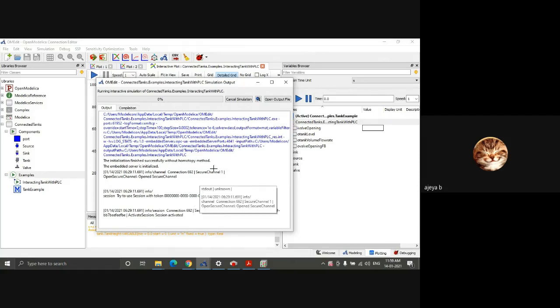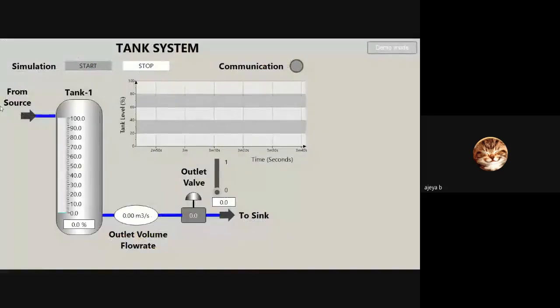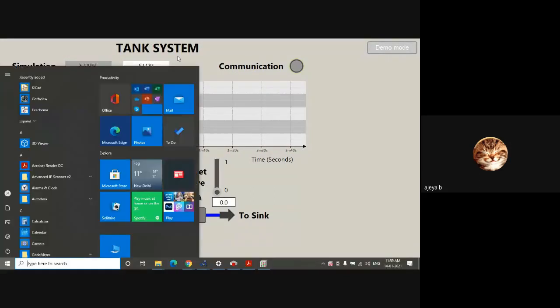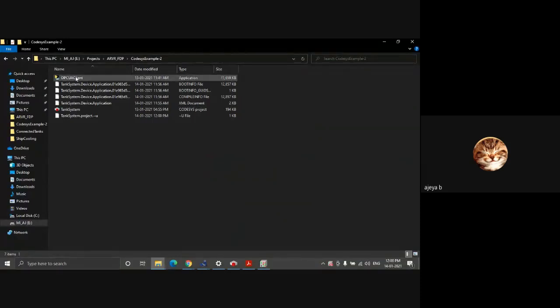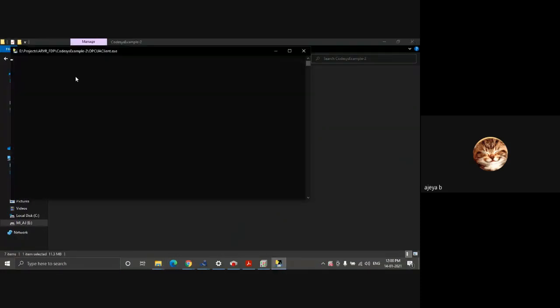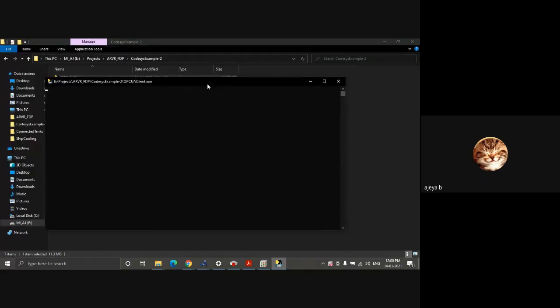Now we'll go to the folder and run this script. Just directly double click it. If your antivirus is not blocking this, it will run. It will say warning OPC UA, and then Modelica OPC UA client started.